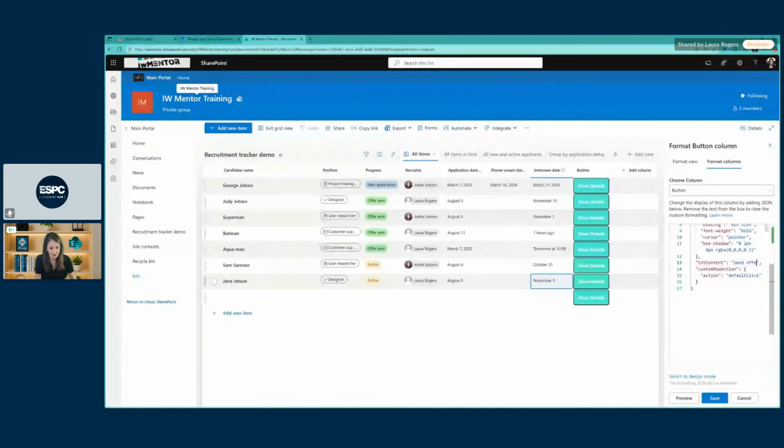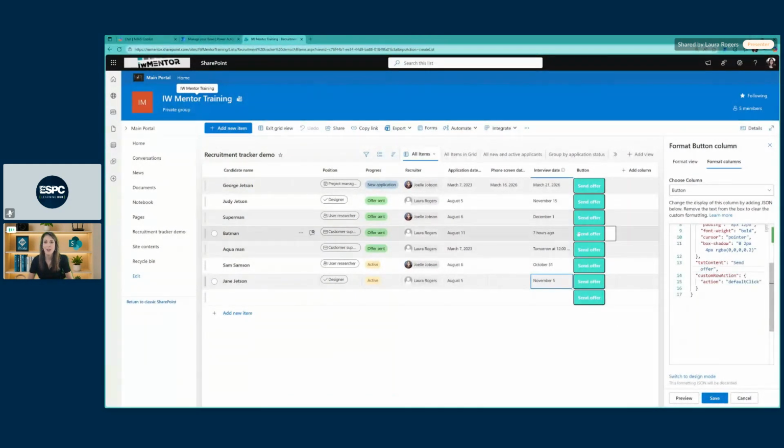Send offer. The idea here is that I'm going to have a little workflow that's going to trigger as we get further in these demos, and it's going to immediately kick off a flow to send an offer. That's going to be where the magic happens. So I'll save that and leave it there and go to the next slides, because now all we have is a button that doesn't really do anything. It just kind of guessed here in what the action is.